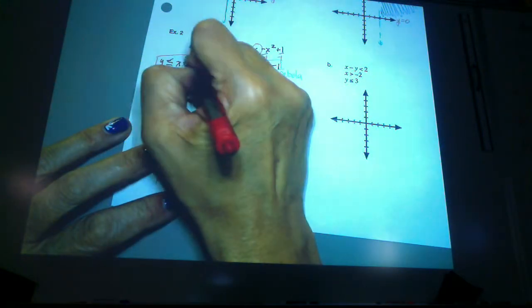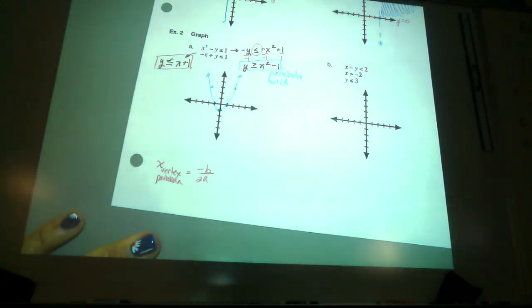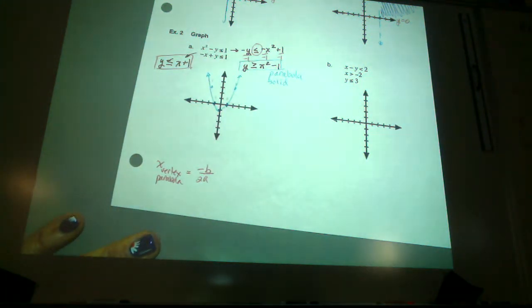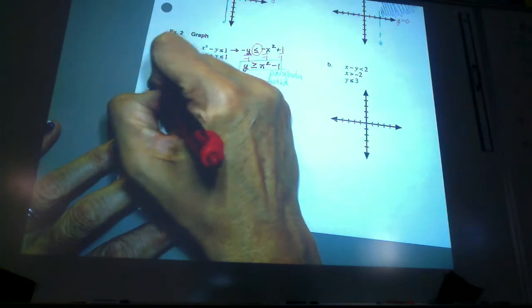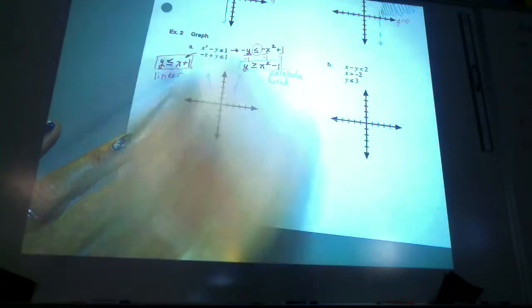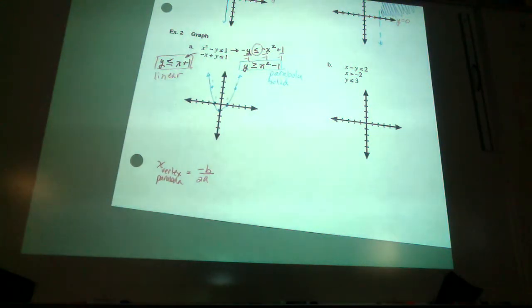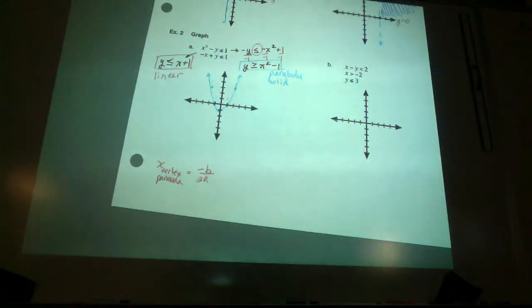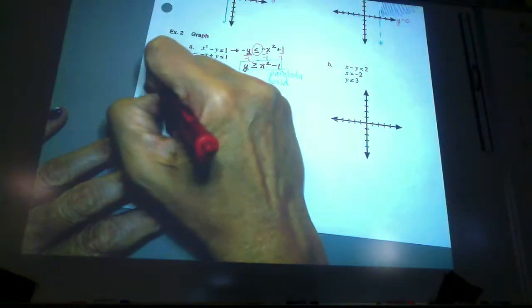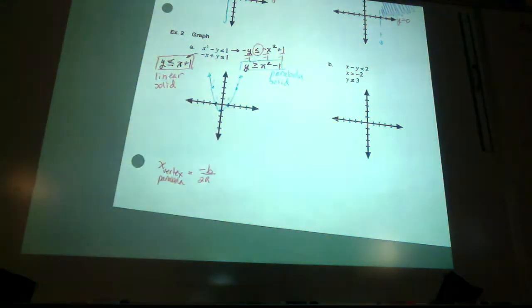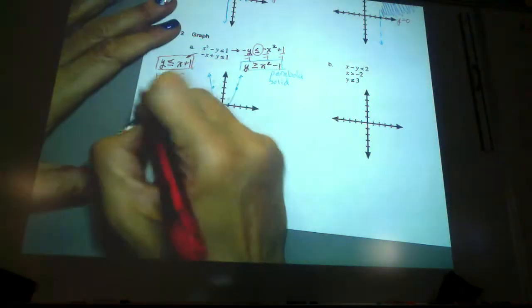I'm going to graph this one in red. So what kind of line is that? Linear, versus a parabola, right? Solid or dotted? Solid. So when we look at lines in y equals mx plus b form, if I were you, I would